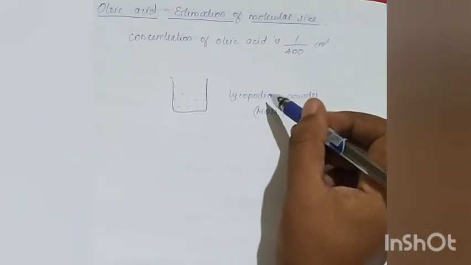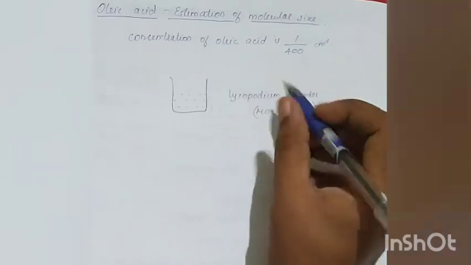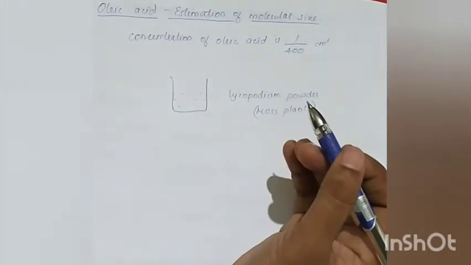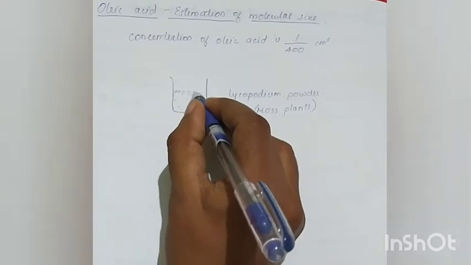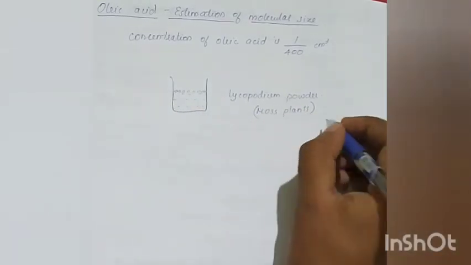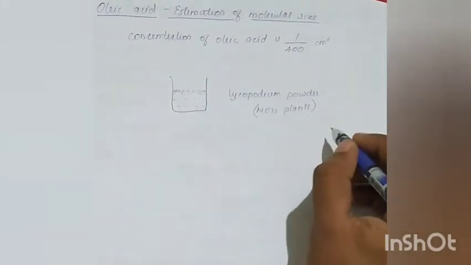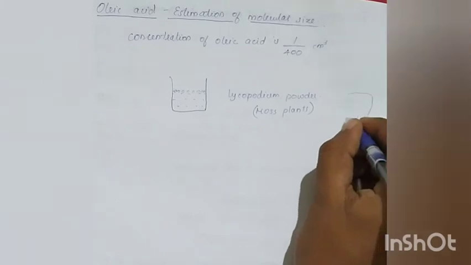The peculiarity of lycopodium powder is that it does not dissolve in water, so it remains at the top layer of water. And after sprinkling this lycopodium powder, if we take the top view of our container, suppose this is the top view,